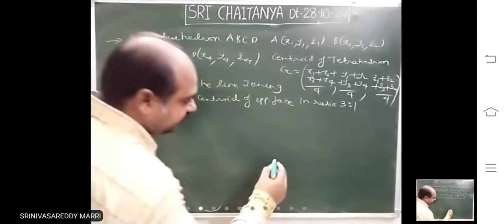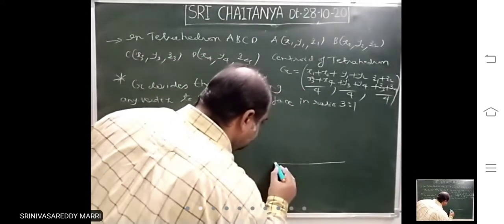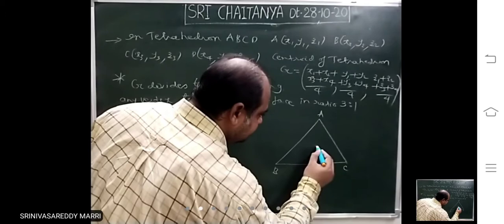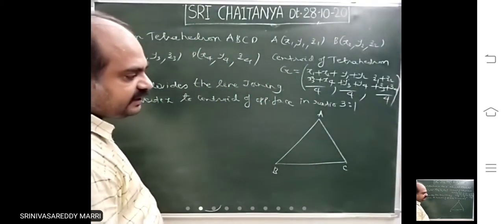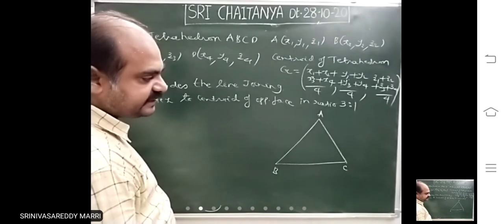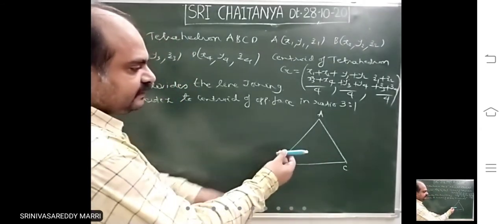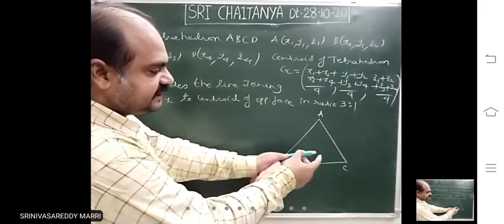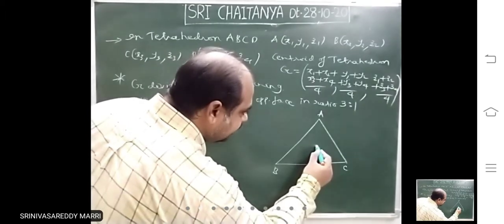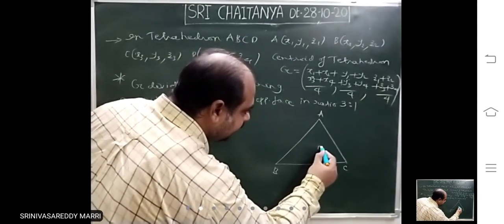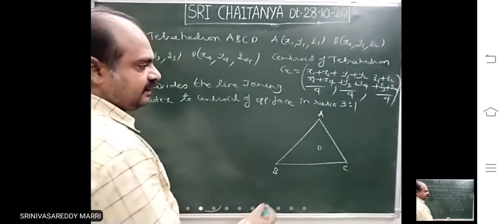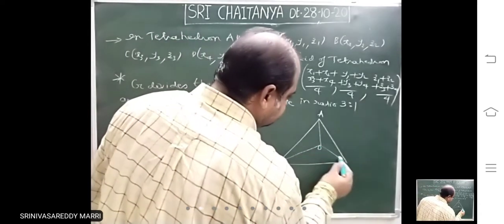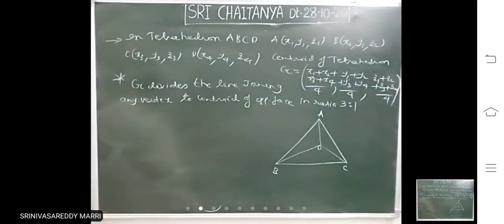Look at the tetrahedron, how it will be. How to draw the diagram. We have already discussed in vectors. A, B, C, let us say A, B, C. This will be on your paper. A, B, C, that is the base. Right? D point will be, keep your pen above the paper. So your pen tip represents D. That means D point I am marking here. It will not be on your paper, it will be above your paper. So connect A to D, connect B to D, and connect C to D. Then one diagram will be formed, that is called a tetrahedron.